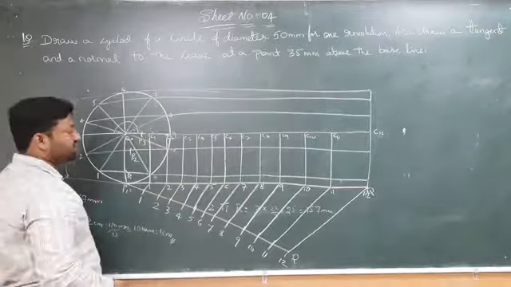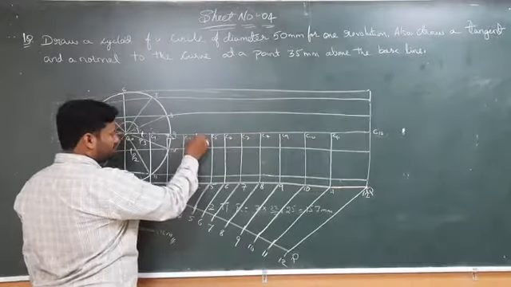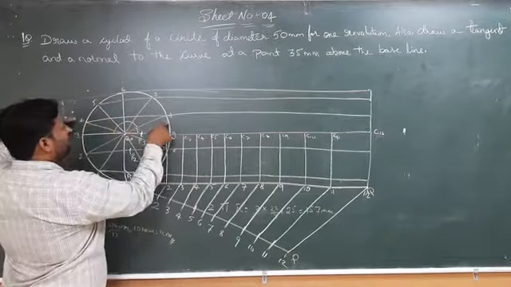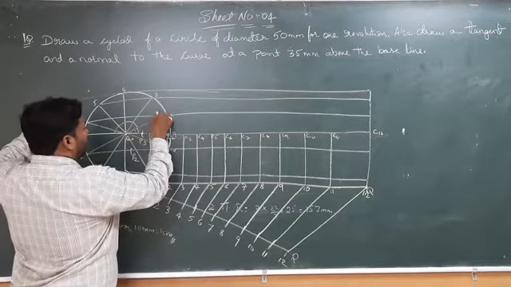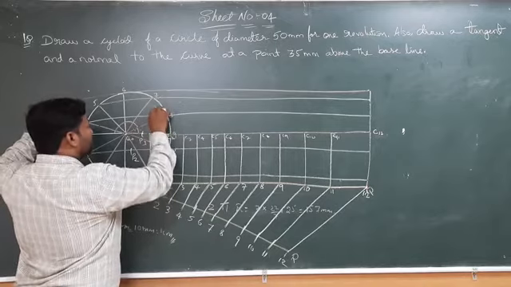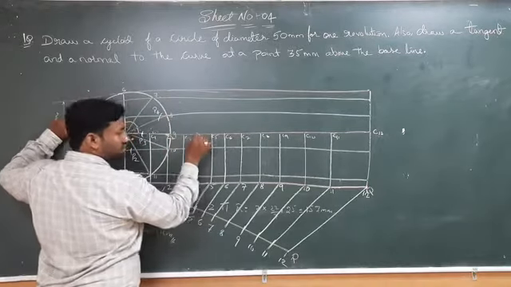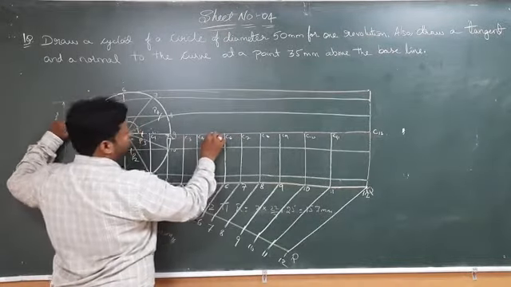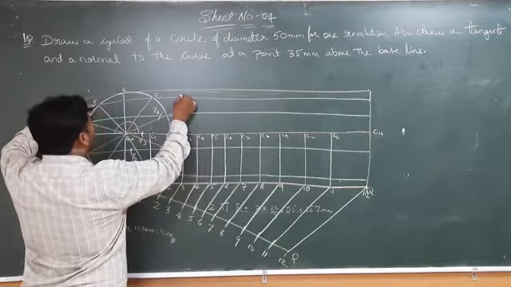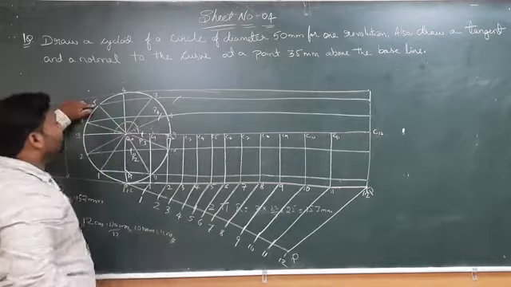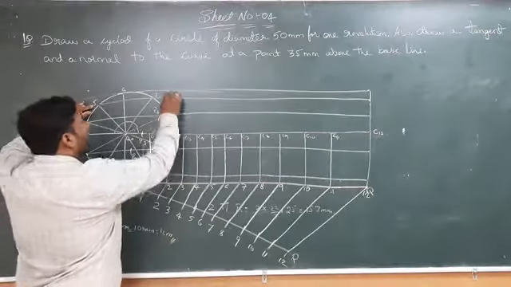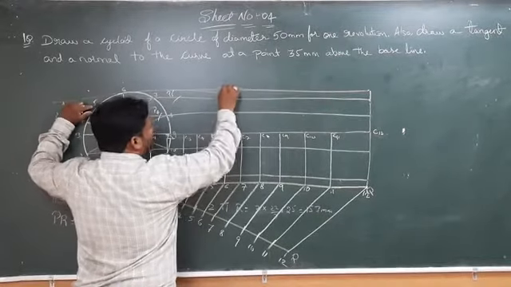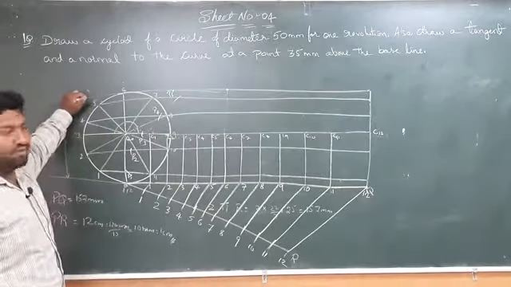And we change again the position from C3 to C4. By maintaining the radius 25 mm, we cut the arc on the 4, 8 line. If you cut the arc, it will be approximately here. This is your P4. Again, you shift the center from C4 to C5, maintaining the radius 25 mm, and cut the arc on the 5, 7 line. So this is your P5. After that, C6 will be exactly on the peak point, so this is our P6.